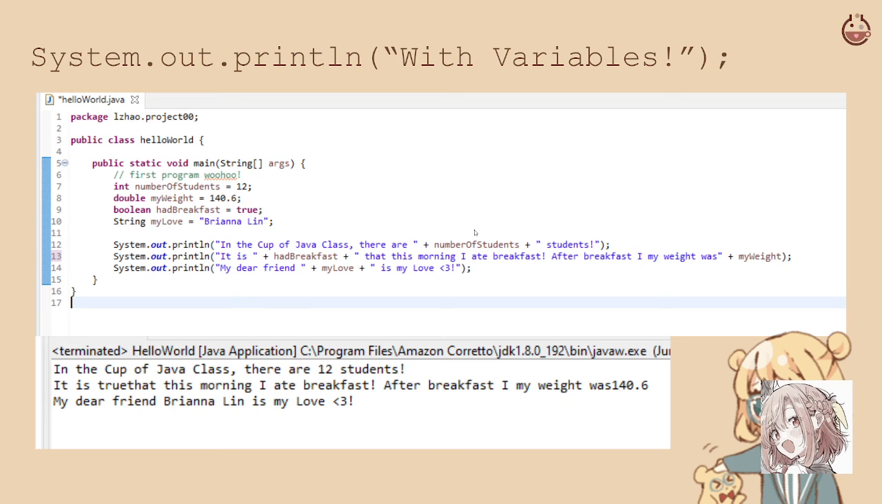You can combine variables with strings just with the plus sign, and you can combine anything with plus signs in the print statements as well. Sorry, that was a bit of a bad explanation, but essentially, you just combine different things in print statements using pluses. As you can see here in our console output, it says in the Cup of Java there are 12 students, and the number of students was a variable we added here, but it just printed like a normal string. And it says it is true